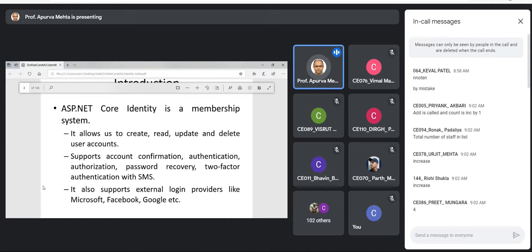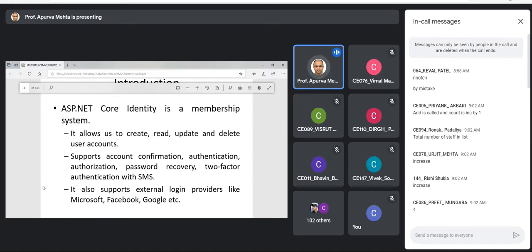Identity allows us to create, read, update, and delete user accounts. It supports account confirmation, say when someone is resetting the password, or changing some other information, etc. Then authentication, authorization, password recovery, and two-factor authentication with SMS.